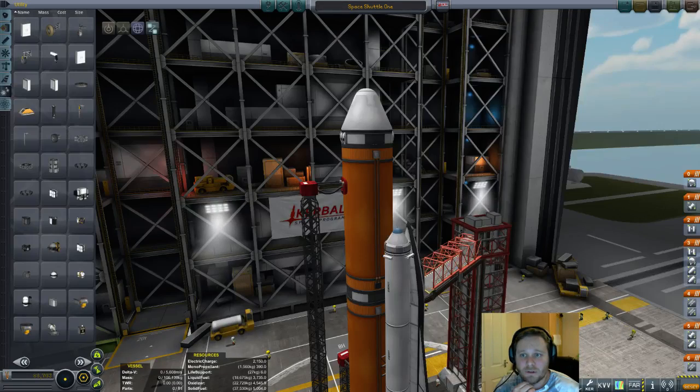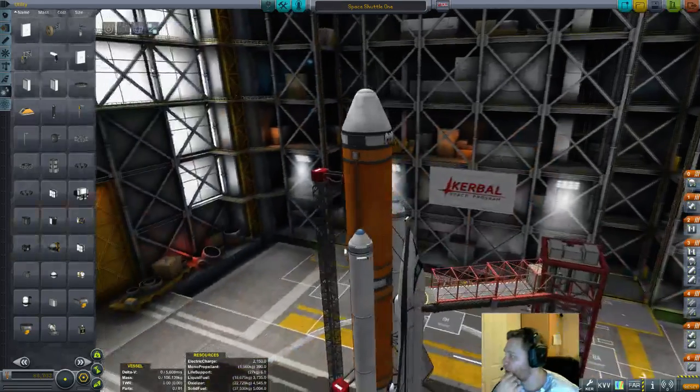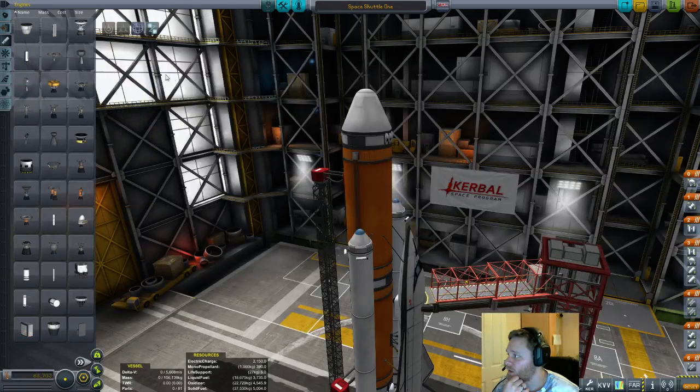Right, I need to sort out this separation. I think I need to use an action group for it. Because I don't think you can shut down...